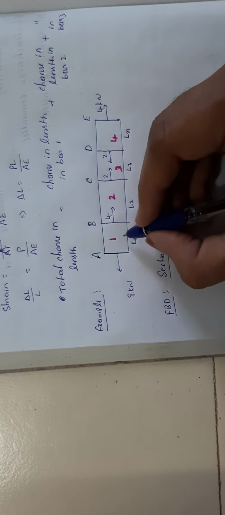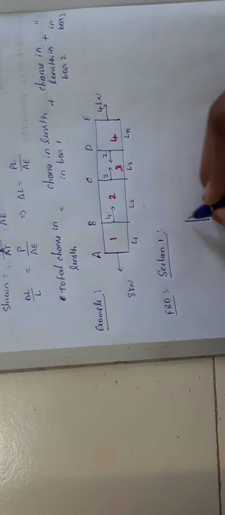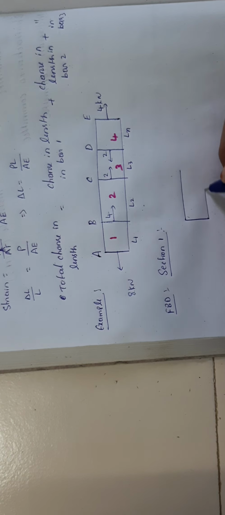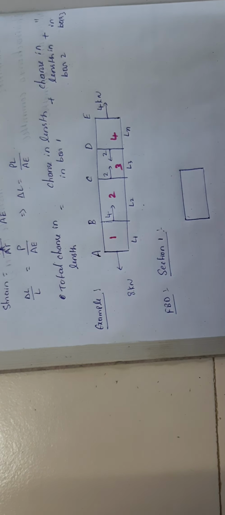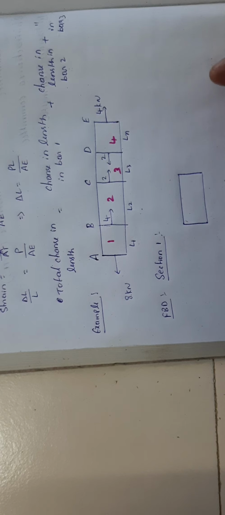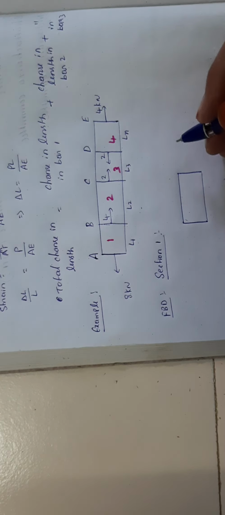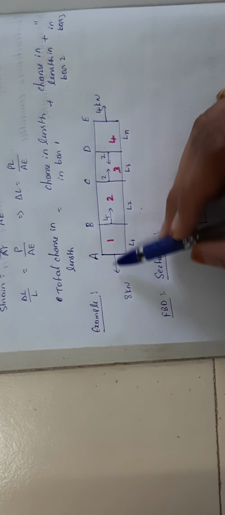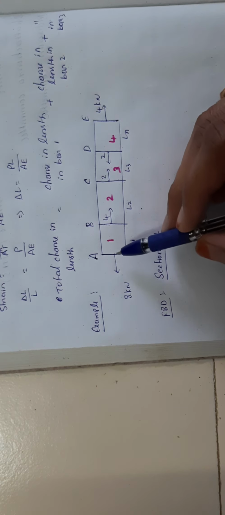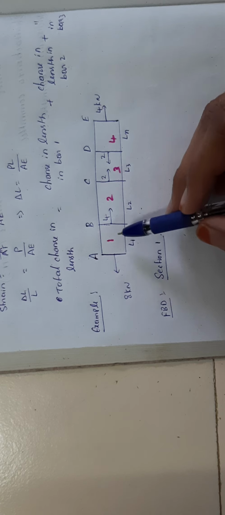Okay, so I'm taking the section 1 free body diagram. This is the free body diagram of section 1. Here this bar is under equilibrium, right? So under the application of these forces, this bar is under static equilibrium. So it means that